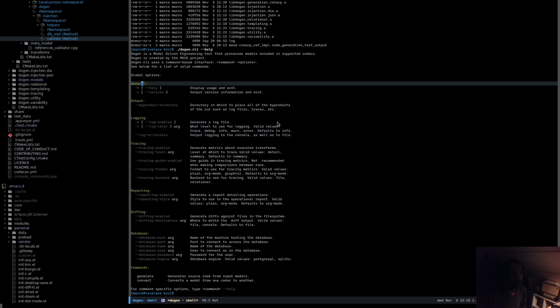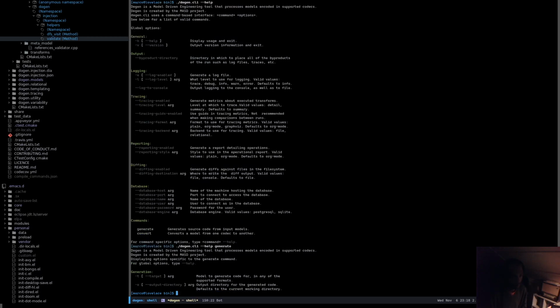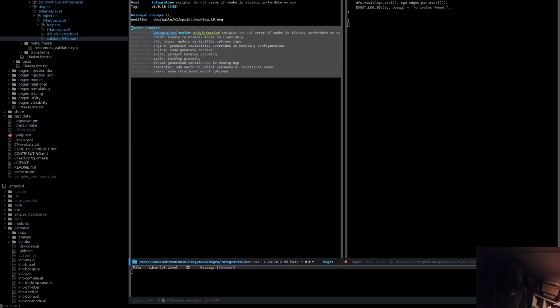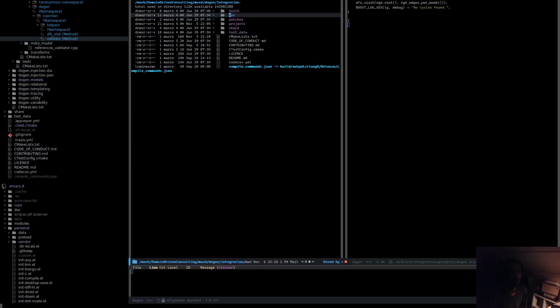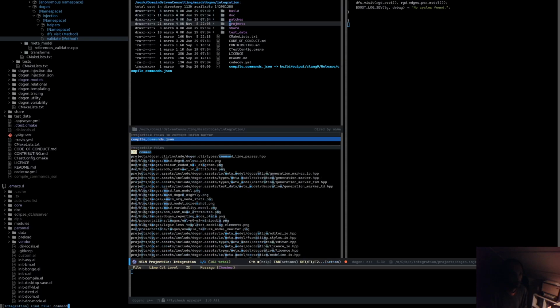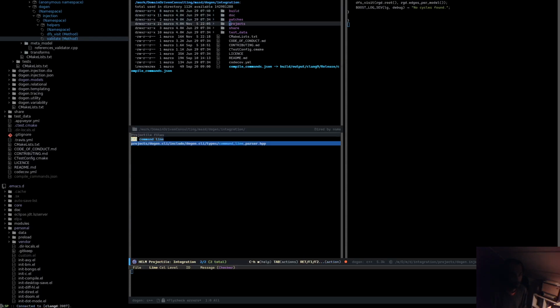The general option. Interestingly, you probably need to do something like... Yeah, okay, that's interesting. So expect to see an additional set of options here related to modeling. So we have general, output, logging, tracing, reporting, diffing, database. Okay, so what we really want here is to look at the command line parser